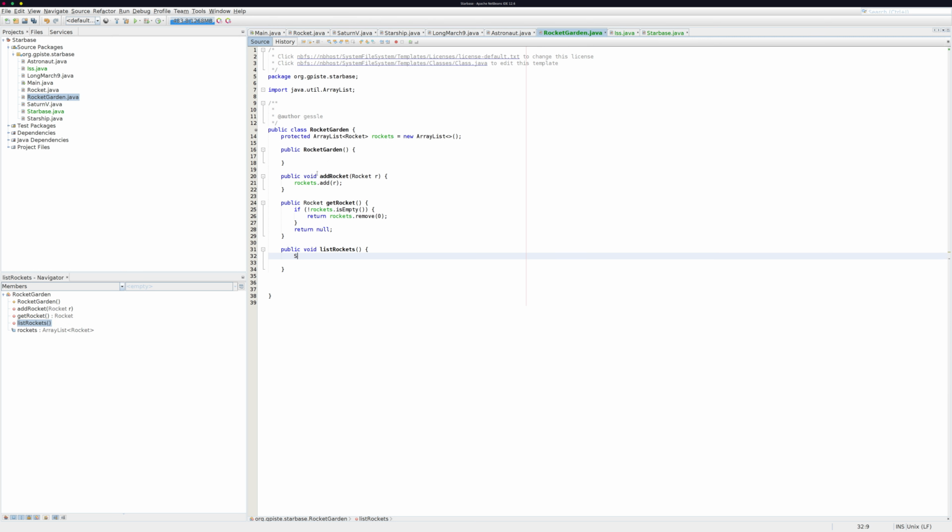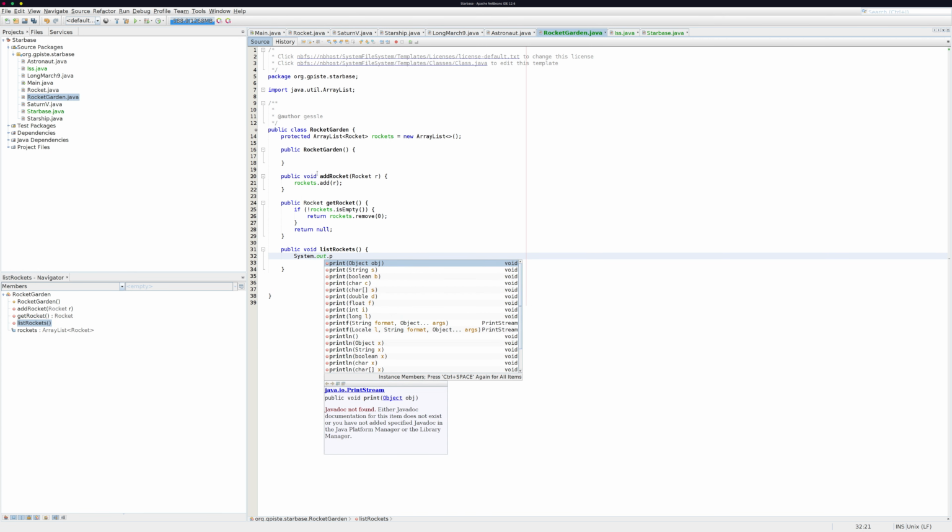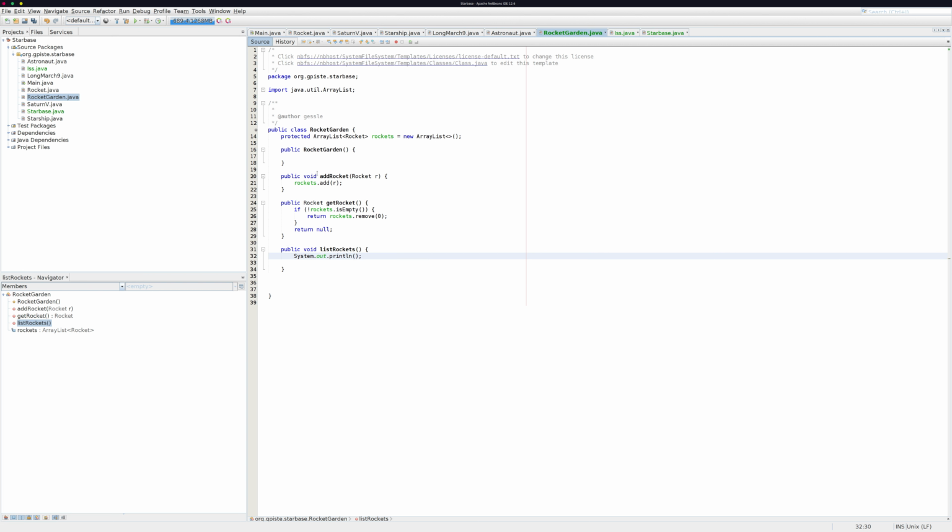And we are telling that there are the following rockets available. Yeah, and now we should go through the rockets. We can use a for loop of course for that. We iterate through this rockets array list